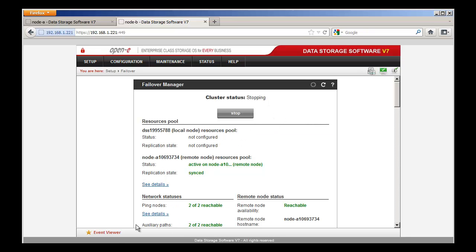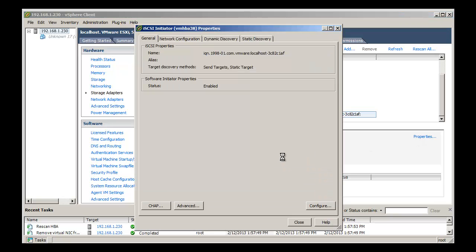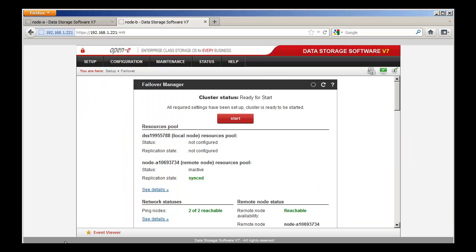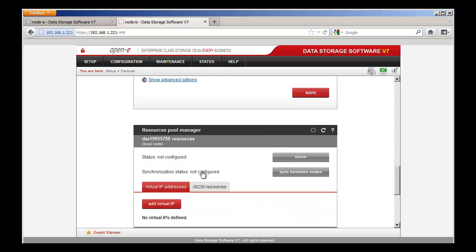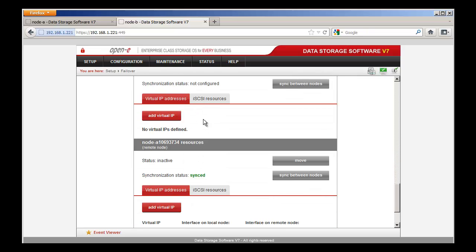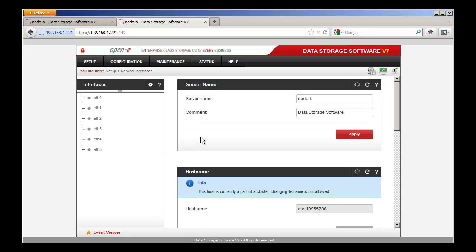As it's stopping, we can go back to the VMware. Here we see that there are no devices or paths, and let's go ahead and enter the IP addresses of the storage access clients' NICs from the DSS. To verify that is very simple. We'll just go back to DSS. Here you see that it is stopped and it's ready to be started again. But let's look at those NICs that we assigned. If we scroll down, where the virtual IP addresses are gone, we know that they were on E2 and E3. So we'll go back to the network interfaces,